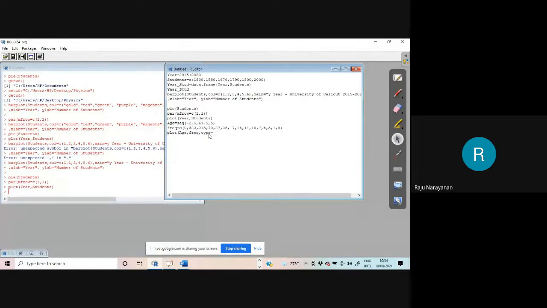Line alone is l. If you are not mentioning anything, it will be the points one. And if you want to change the width of the line, lwd equal to 2. If you want to change the color, col equal to red.